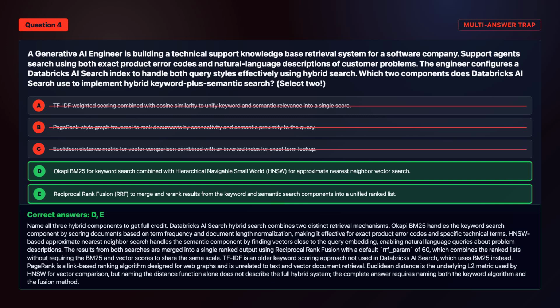Databricks AI Search Hybrid Search combines 2 distinct retrieval mechanisms. BM25 handles the keyword search component by scoring documents based on term frequency and document length normalization, making it effective for exact product error codes and specific technical terms. HNSW-based approximate nearest neighbor search handles the semantic component by finding vectors close to the query embedding, enabling natural language queries about problem descriptions. The results from both searches are merged into a single ranked output using reciprocal rank fusion